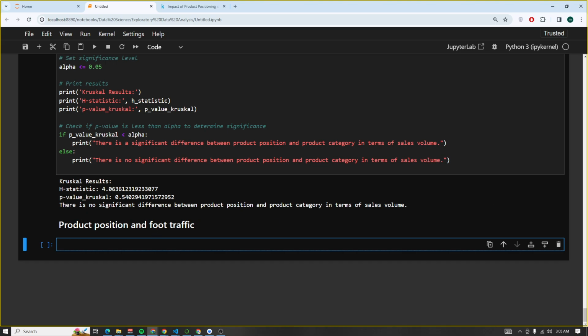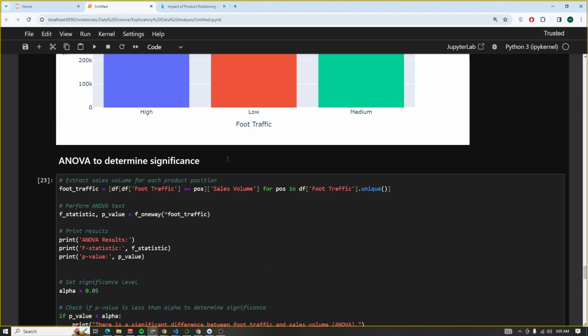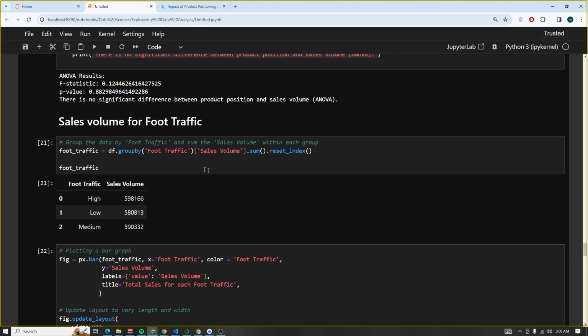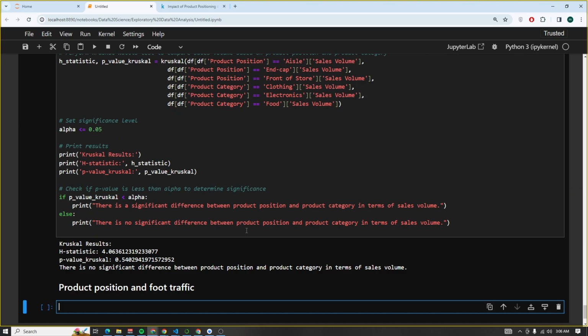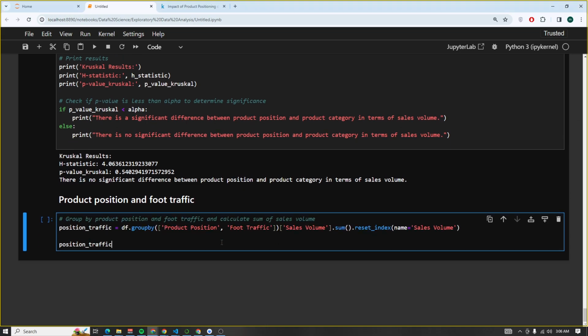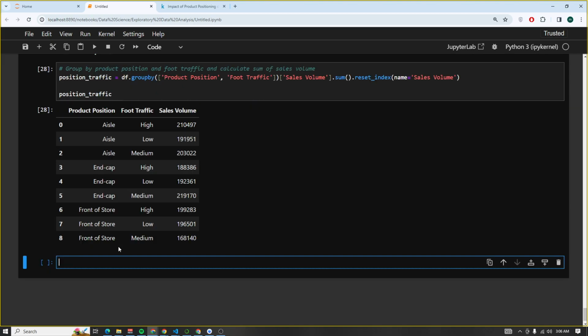is about product position and foot traffic. Product position, product category, this one we did sales volume and foot traffic. So this is product position and the foot traffic. Product position, foot traffic, then we time the sales. Okay. So for the aisle, if